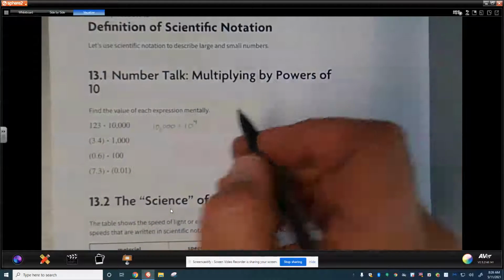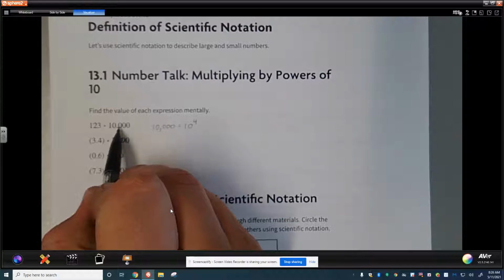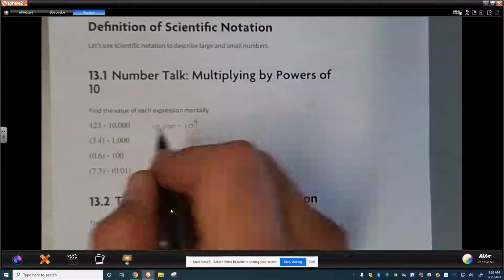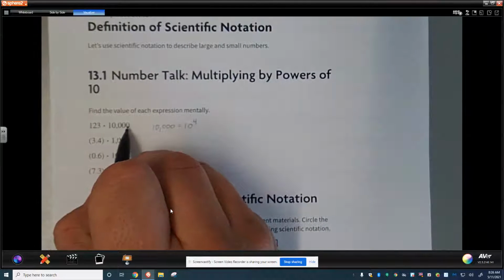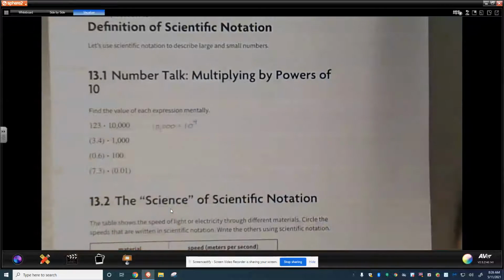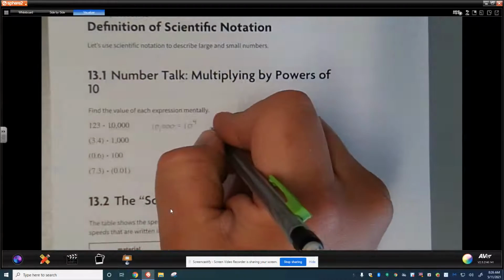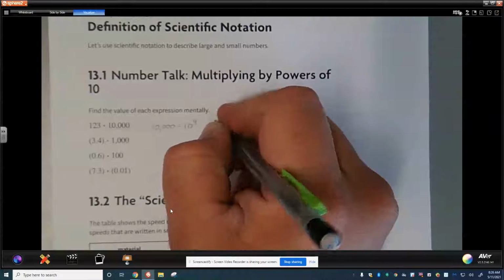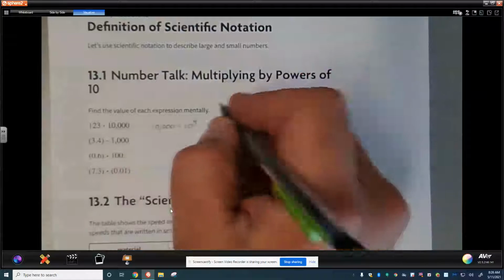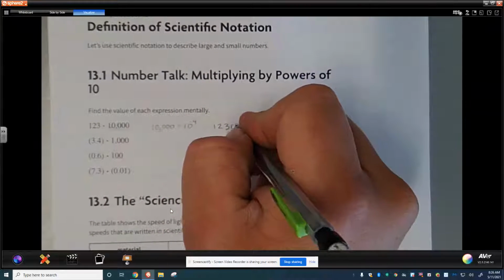I know that it's 10 to the fourth power because if you take 1 and multiply it by 10, you get 10, times 10 again is 100, times 10 again is 1,000, and 10,000 for the fourth time. A simple way to think about powers of 10 is you can count the place values that come after the 1, and this will indicate how many powers of 10 there are. So when we think about 123 times 10,000, we can think of 123 groups of 10,000, or 123 times 10